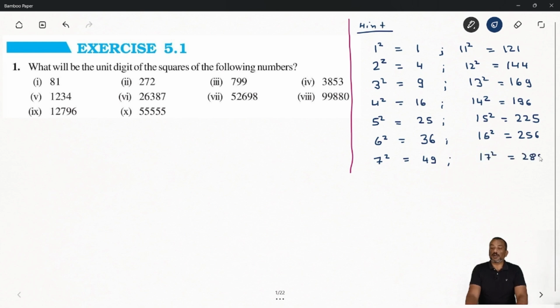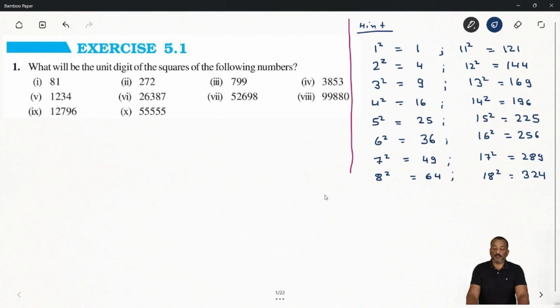ठीक है, तो अगर किसी भी नंबर के यूनिट प्लेस पे 7 है तो उसके स्क्वायर के प्लेस पे 9 आएगा। तो ये चीज़ आप याद रखोगे, ठीक है। सेम वे हम 8 की बात करें तो 8 स्क्वायर यू विल गेट 64, ठीक है। एंड 18 स्क्वायर की बात करें सो यू विल गेट हियर 324। तो अगर कोई नंबर है उसके यूनिट प्लेस पे 8 है तो उसके स्क्वायर की प्लेस पे हमारा हमेशा 4 आएगा, ठीक है।